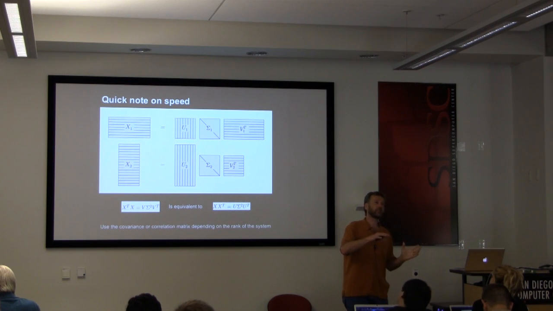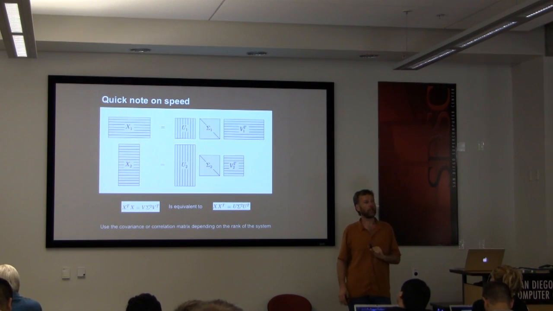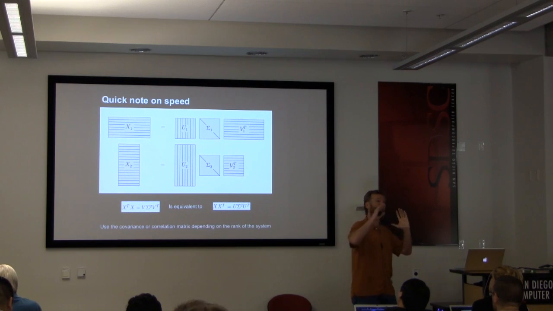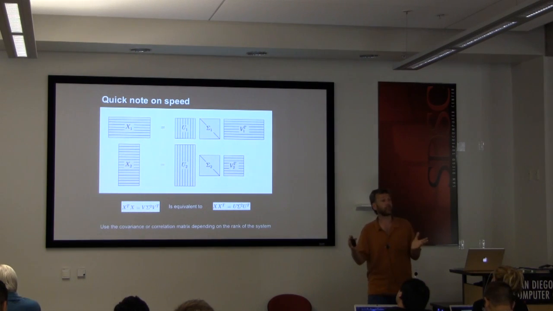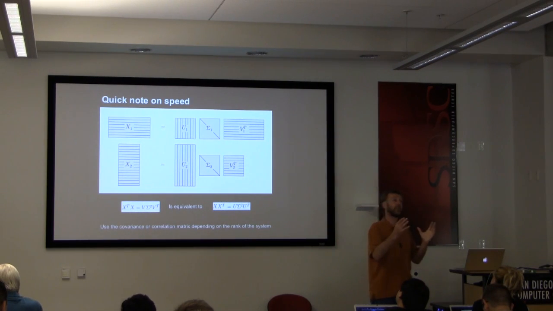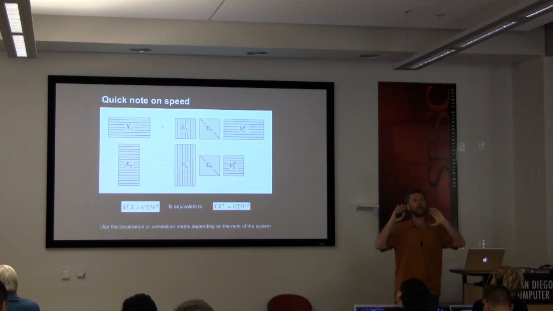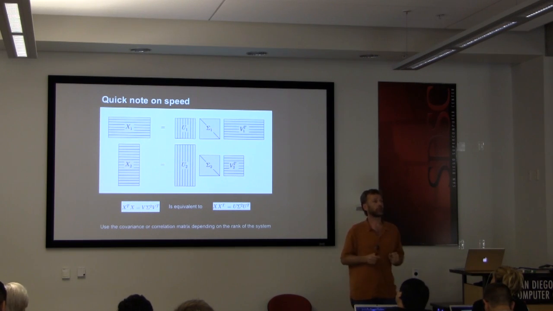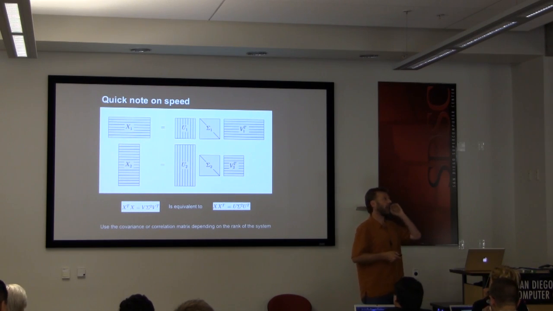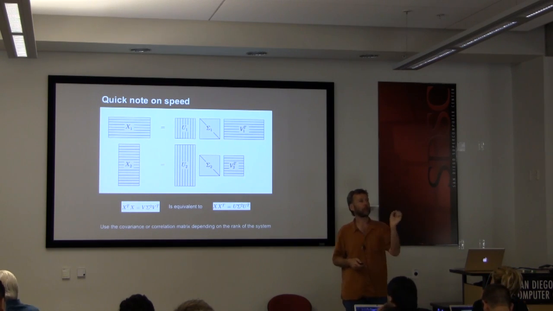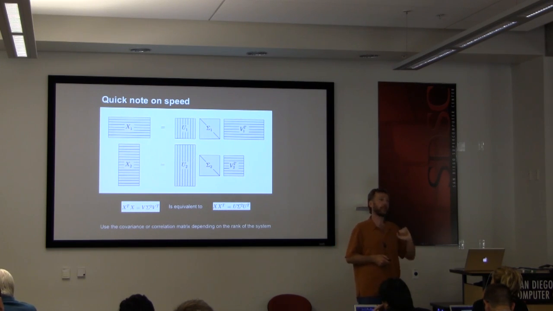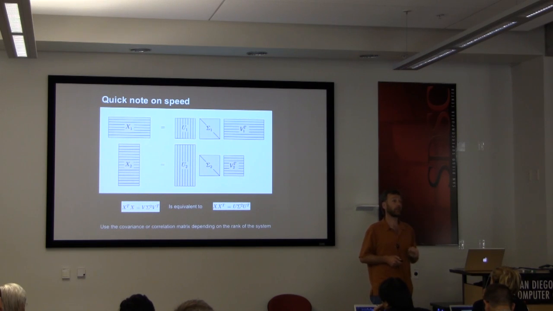Singular value decomposition scales effectively as an n-cubed operation. Whether you use the covariance or the correlation matrix, you end up with the same sets of eigenvectors. So the important thing is to work with the projection that gives you the smallest number of dimensions. All I'm really saying there is, if you have 1,000 spectra and each spectrum has 100,000 wavelength elements, I can build up a 100,000 by 100,000 matrix that I want to apply an SVD to,